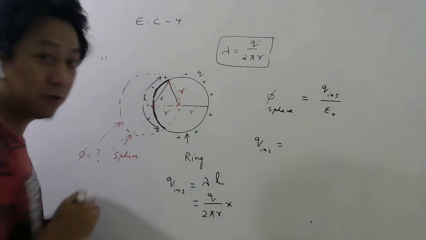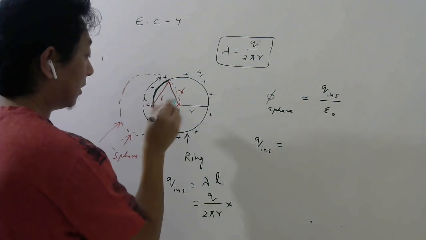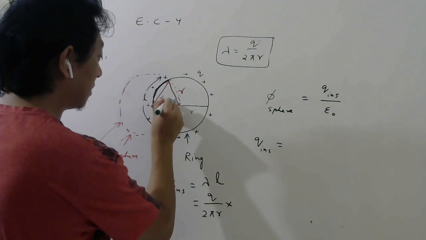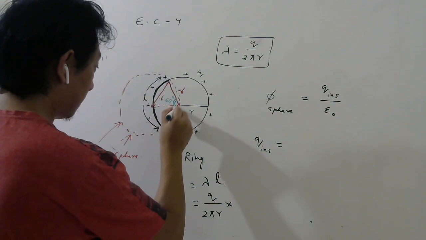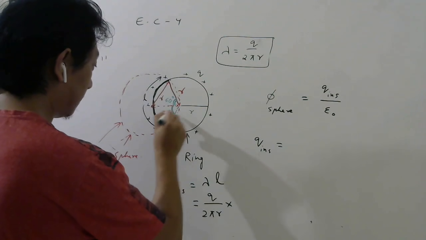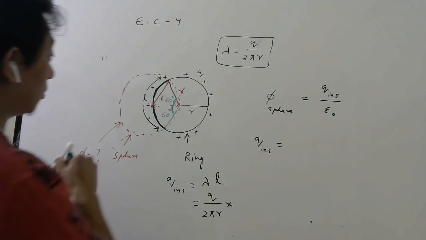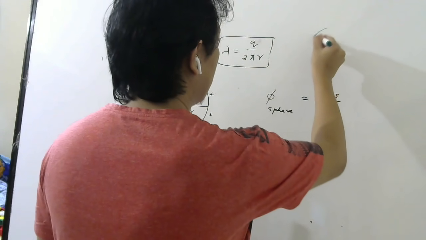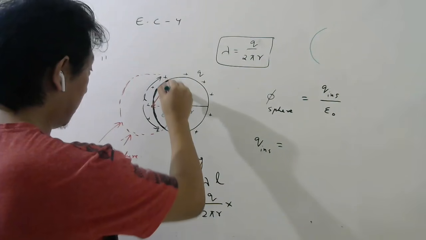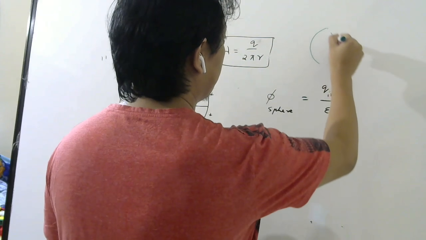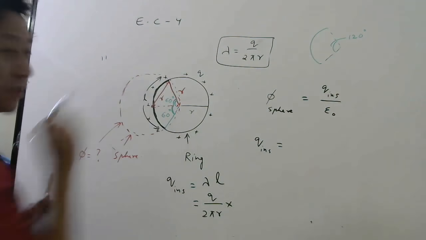So this triangle is an equilateral triangle, so this angle should be 60 degree. 60 degree means how much radian? Let me write 60 degree right now. Understood? This also will be 60 degree if I do the same thing here. Same thing if I do on this side, so this total angle is 120 degree. So I want to know the length of this part, because that much is inside the sphere. From that point, if I draw these lines, this is the center. This total angle is how much? 120 degree, 60 plus 60.